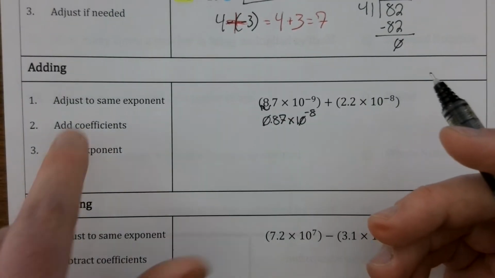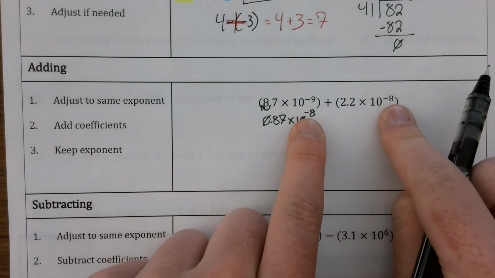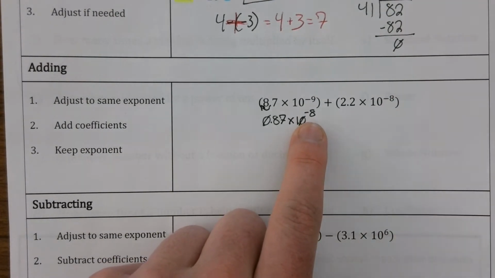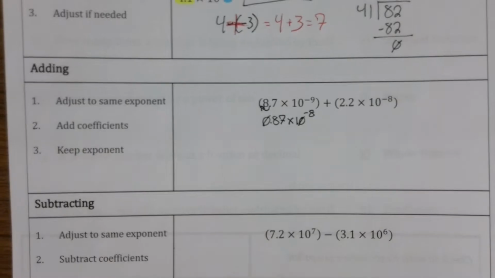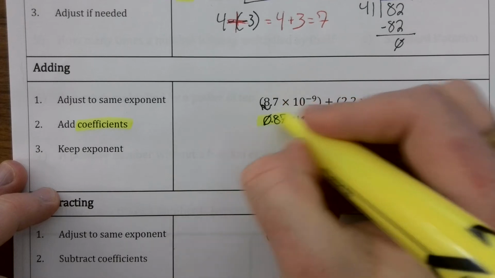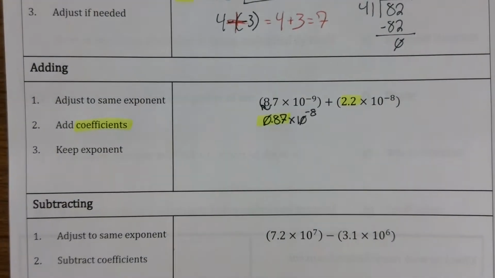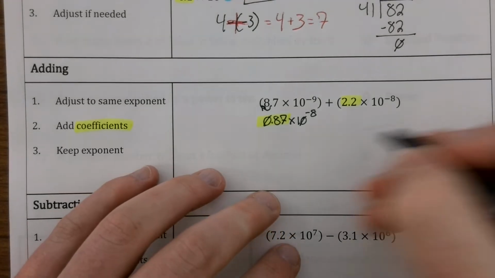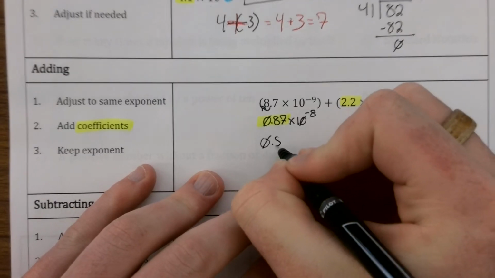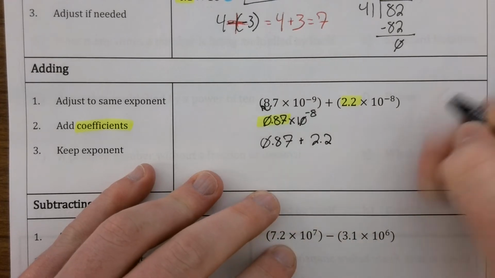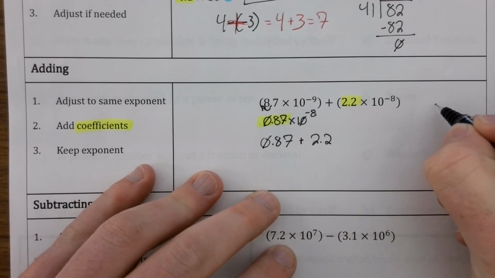All right, so now that we have the same exponent, we got negative 8 on both of our numbers here. We're going to add our coefficients. In this case, remember, our coefficients are these numbers out front. So I'm going to add 0.87 plus 2.2. We could set that up. 2.2,